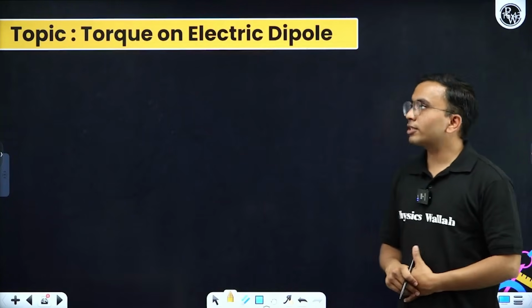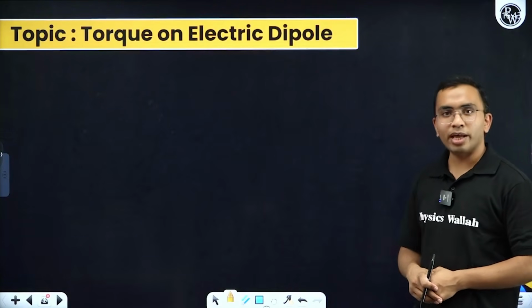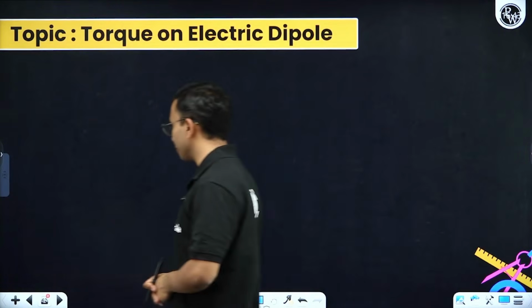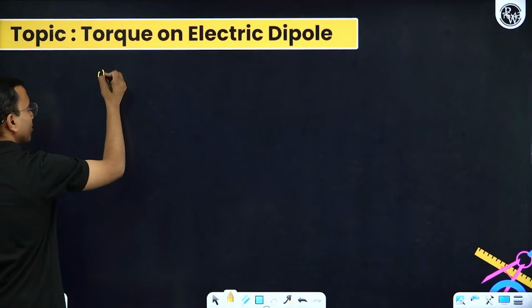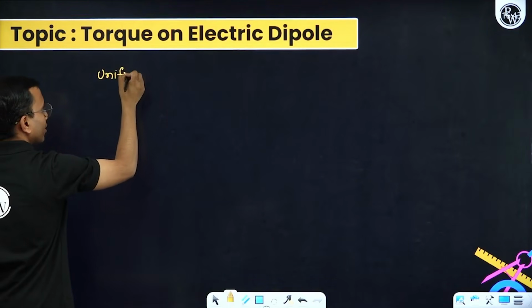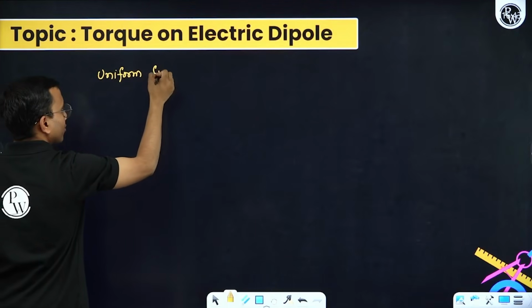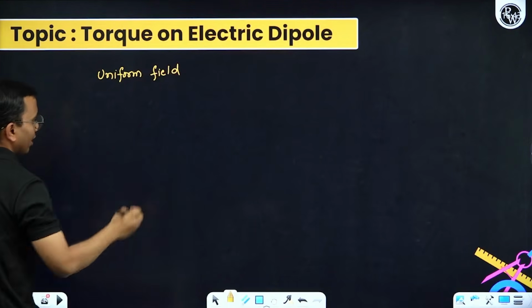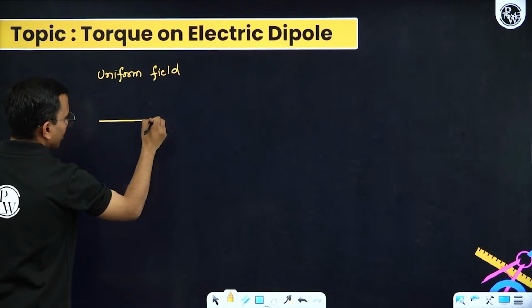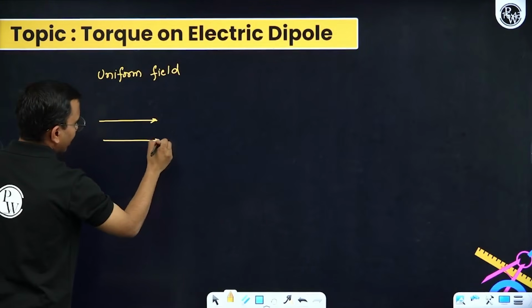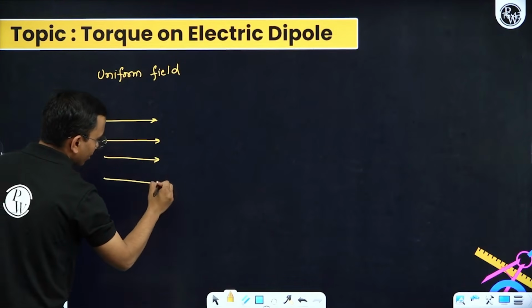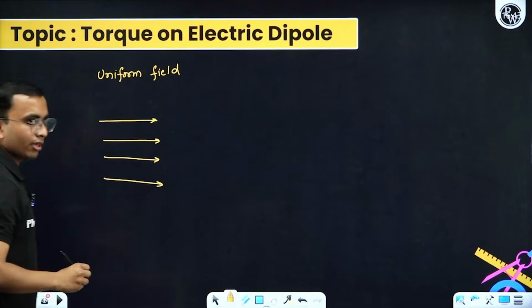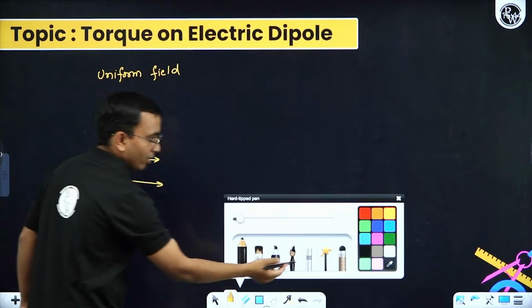Now, torque on electric dipole. How to find torque? Here I am talking about in uniform field, okay. Let us take the field is like this, okay. My dipole,